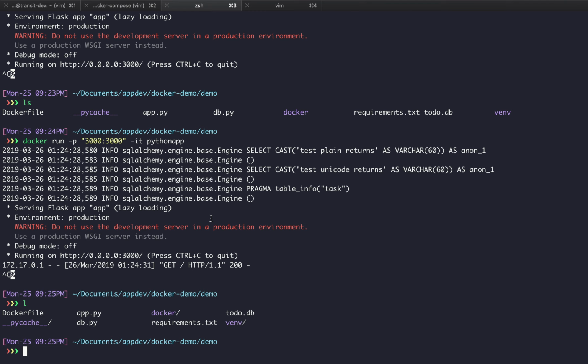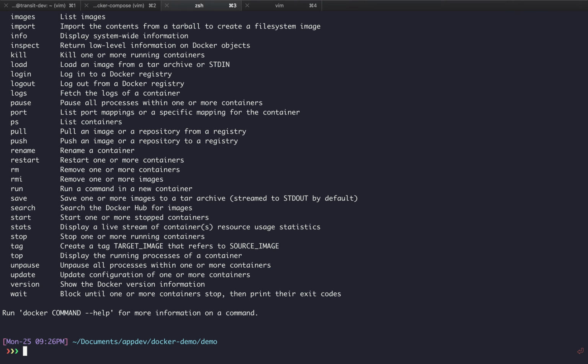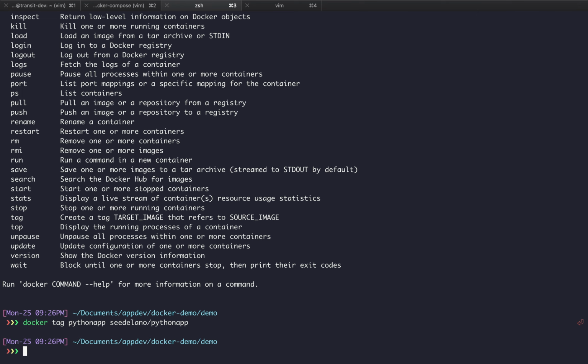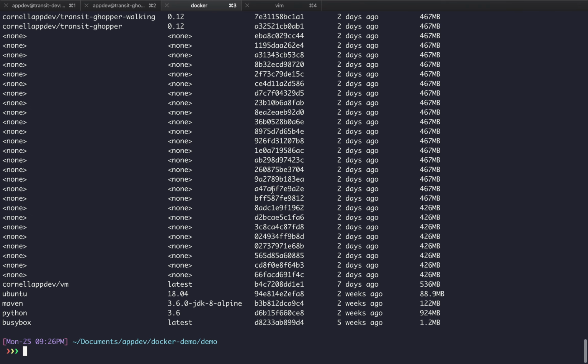So we can actually do that on my local computer. Once you sign up for an account, you can just do docker login on your computer, and you'll be prompted for a username and password, and you can log in through your terminal. But then afterwards, you can tag your image. So I can do docker -t, and then I can tag python-app as my username, and then python-app. Sorry, it's not docker -t, it's just docker tag. And now it works.